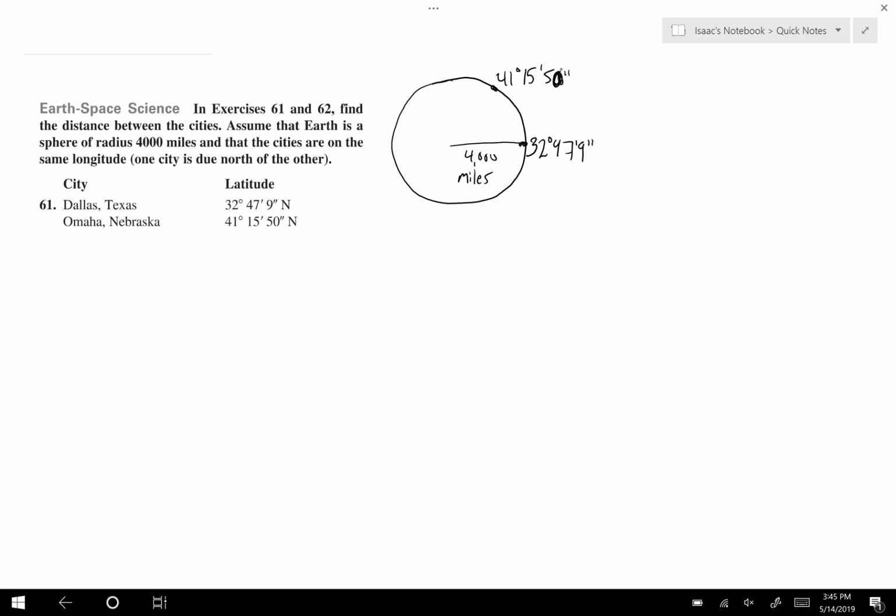Alright, so if we want to know how much distance there is between these cities, that's not really going to be a straight line, there's going to be some curvature to that. So that would be the arc length of a circle, which we refer to as variable S. And in this section we are introduced to a formula that can solve for arc length for us. Pretty short little formula that says arc length is the radius